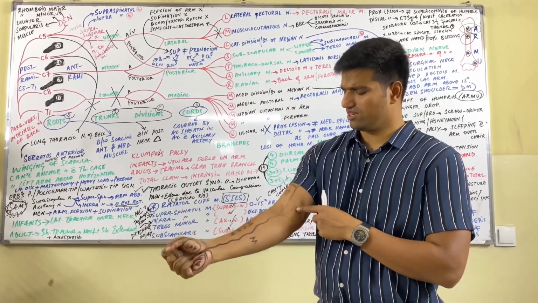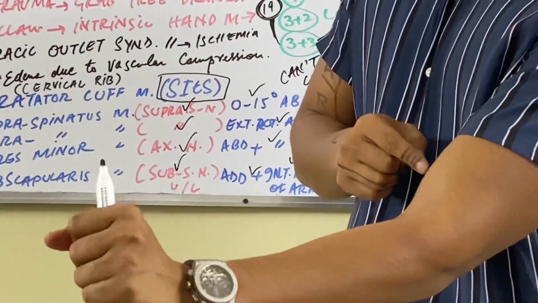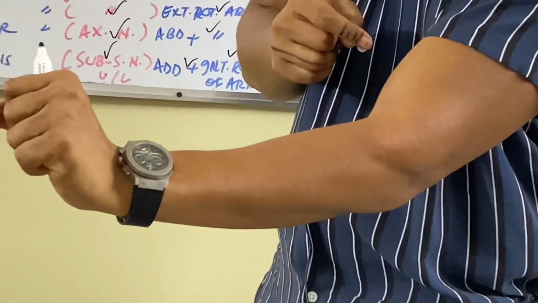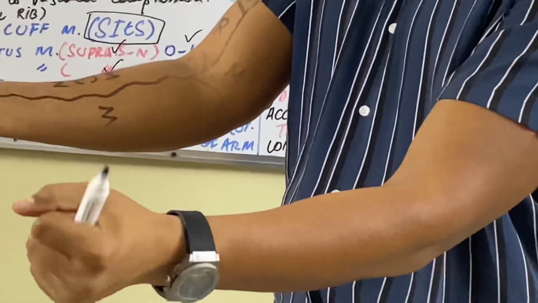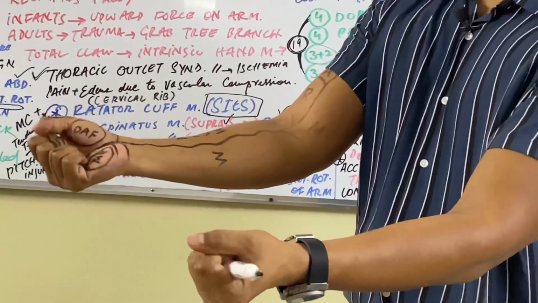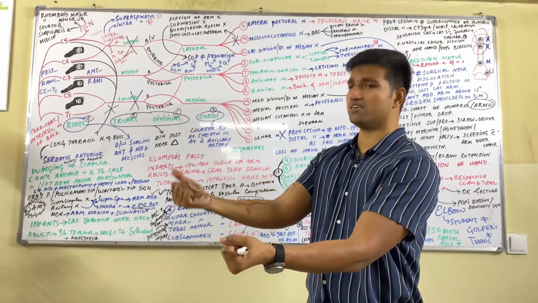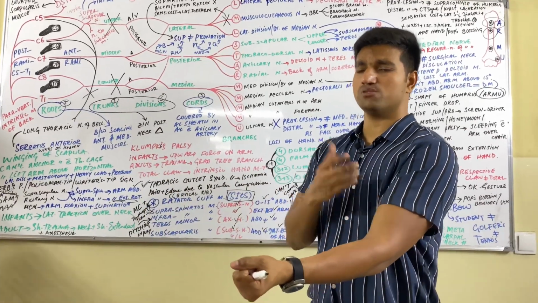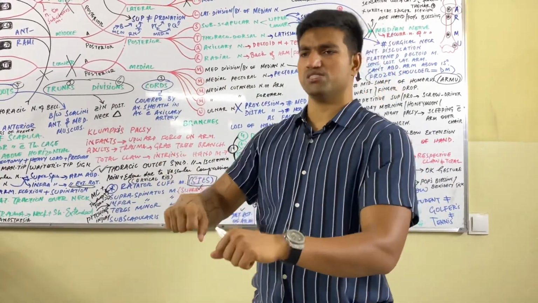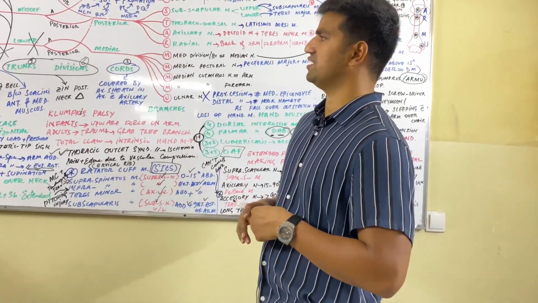You can see, if you can zoom to the last thing. Okay, you can zoom like this. Can you see the contraction of the biceps brachii muscle? While I supinate, there is a flexion at the biceps. It means the biceps muscle helps in supination, and the supinator muscle, innervated by the radial nerve, also helps in supination. If the musculocutaneous nerve is damaged, the biceps is damaged, the person cannot supinate. And for pronation, we have pronator teres and pronator quadratus muscles, which get innervation from the median nerve.